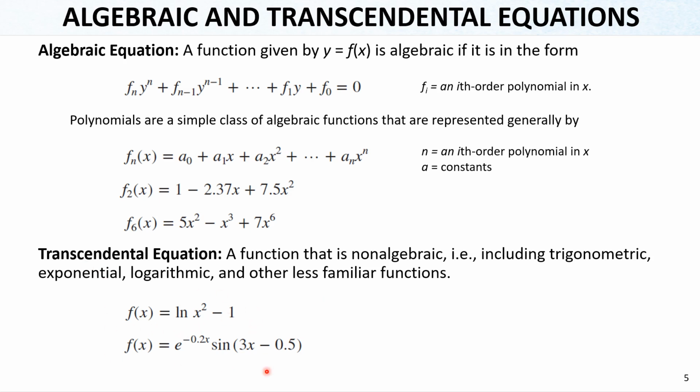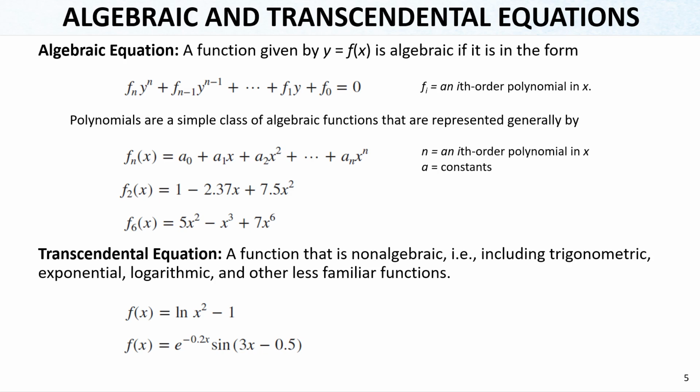As you can see over here, we have an ln logarithmic value and sinusoidal and exponential parts. So these are transcendental equations. This is important because we need to solve these equations with different methods, and we will explain the numerical methods